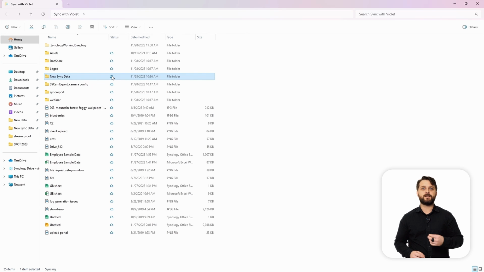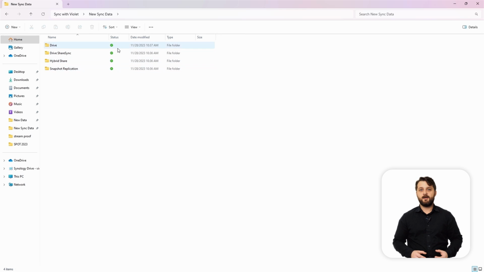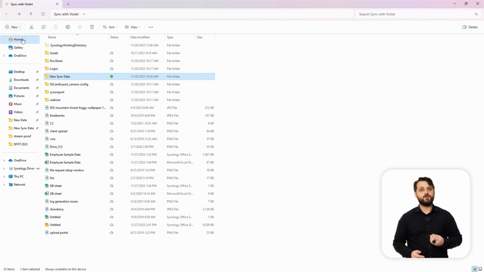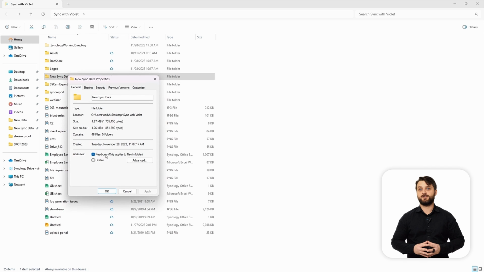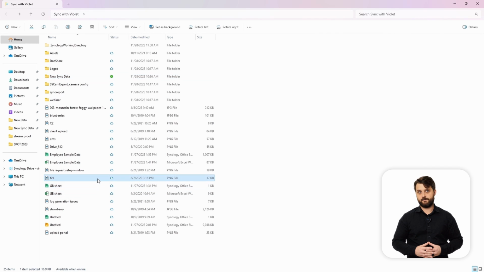So once that's all finished, we can drill in and see additional files and subfolders, etc. And if we back out to the main screen and actually choose Properties once again, you're going to notice that it now does take up space on the disk because you've brought it down from the Synology NAS, utilizing that Synology Drive option.